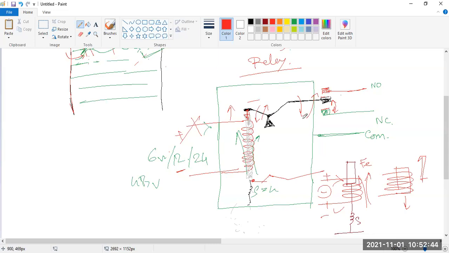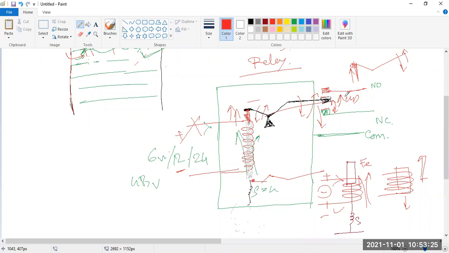It is a lever. So if you pull some portion at one terminal, then the other terminal becomes the upper side. If you push some portion, then the other side becomes downward. In this way, it is operating. So it is a lever. You can realize this thing. Whenever I pull this, it goes to the upper position. Whenever I push this, it goes to the downward side, just like this lever. So in this way, the relay is operating.